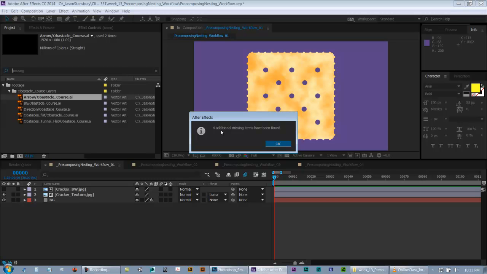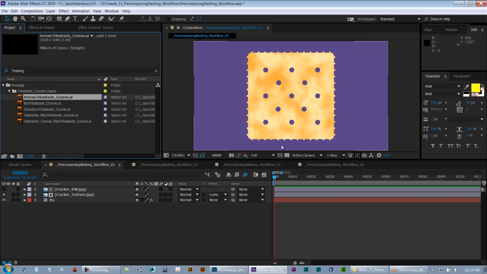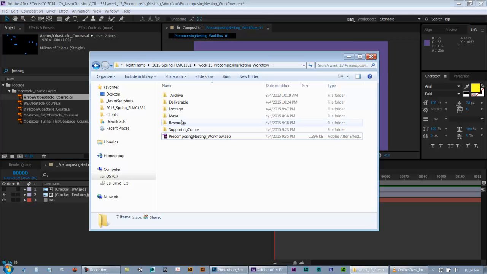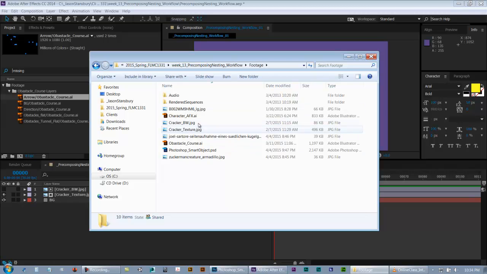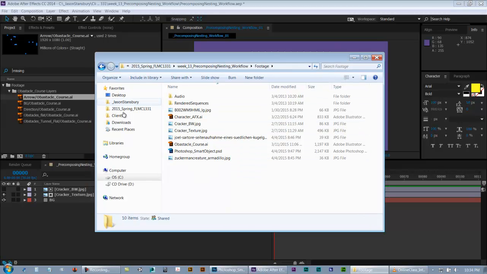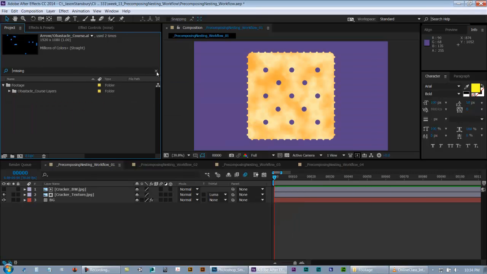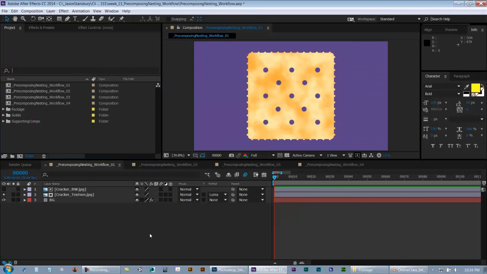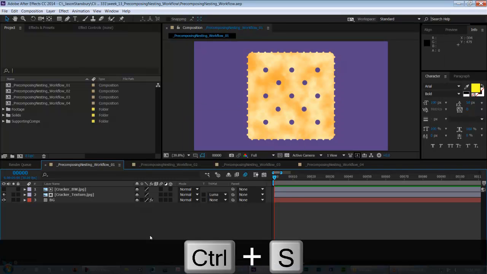And After Effects is very smart, because if you stick to a directory that makes sense, it'll find these other images, because those images are in here too. So that's good. So that's how hard it is to find images in After Effects. So I'm going to save that,